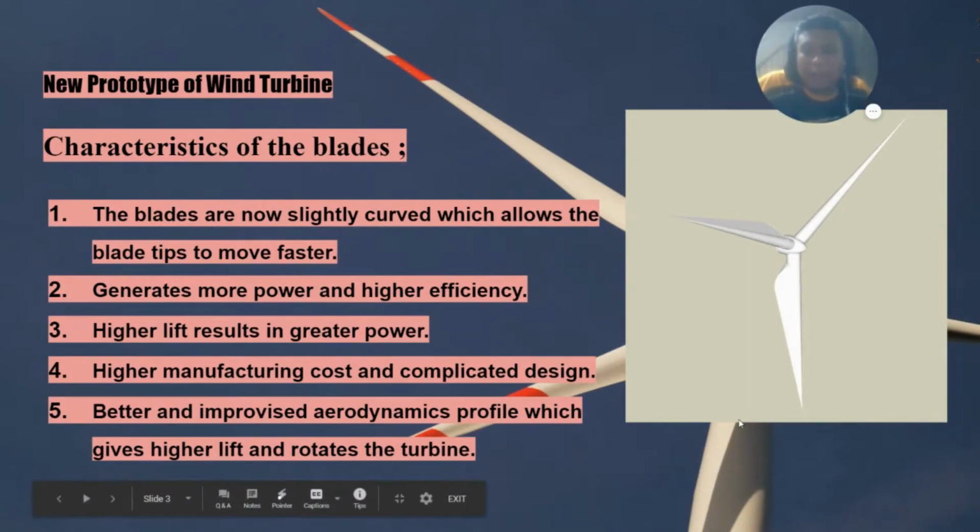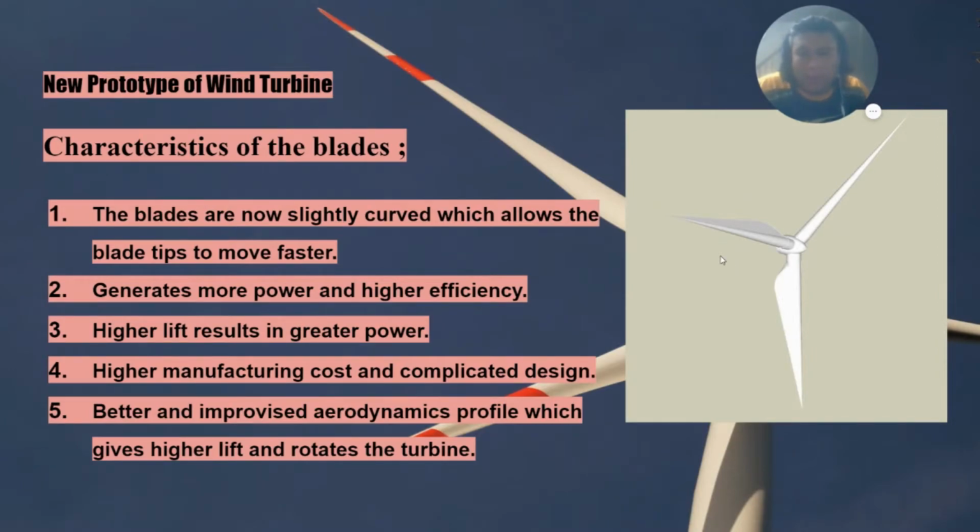The first one, the blades are now slightly curved and allow the blade to move faster compared to the common one. Second, the blades can generate more power and higher efficiency against the air resistance,